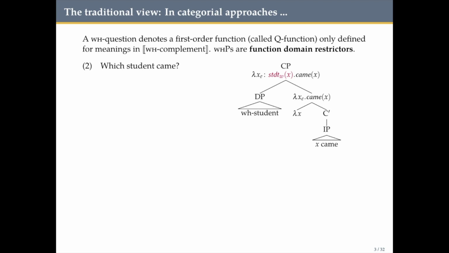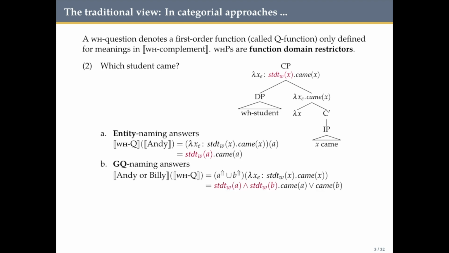And wh-phrases are treated as function domain restrictors. For example, in 2, which student came, which student combines with a first-order function that is defined for any entity and returns a first-order function that is only defined for entities that are atomic students. In this view, the question-answer relation can be easily categorized in terms of function-argument relation. For example, in A, applying the Q function to the entity Andy returns that Andy came, defined only if Andy